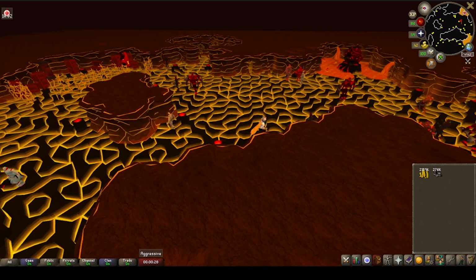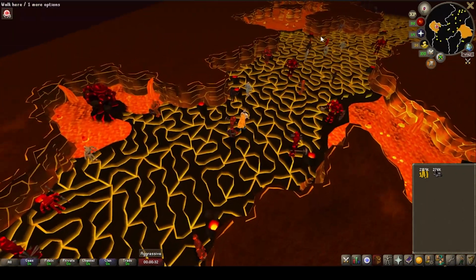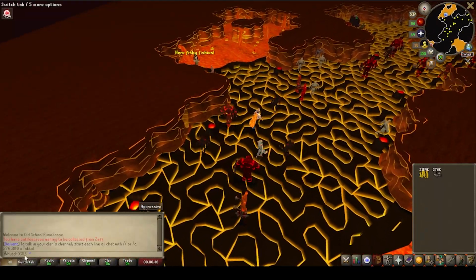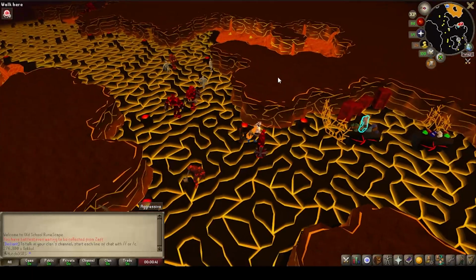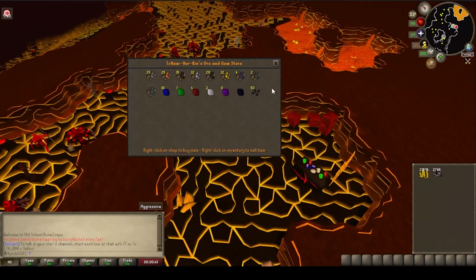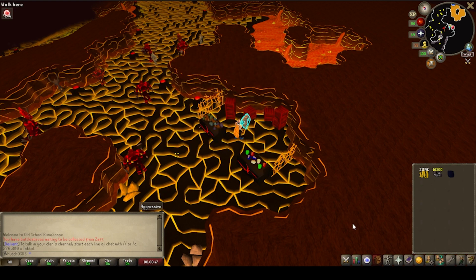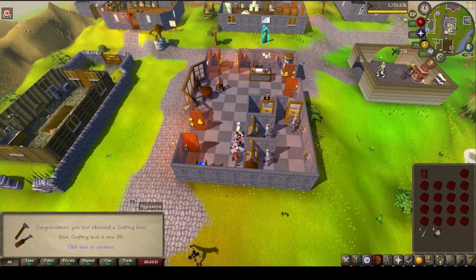We went ahead and we got ourselves 270,000 Toko. We got that from selling 30,000 Chaos Runes, which cost about 3 million of our GP, but that's not to worry as we'll be getting a big upgrade out of it. So we are heading into the gem shop. We're going to pick ourselves up an uncut Onyx. Obviously we are able to cut that Onyx and we are going to try and get ourselves a spicy stew